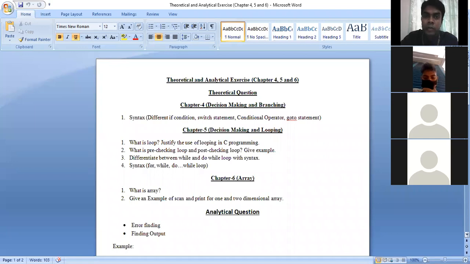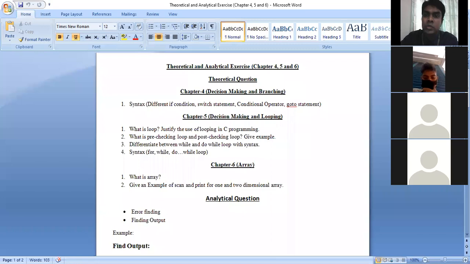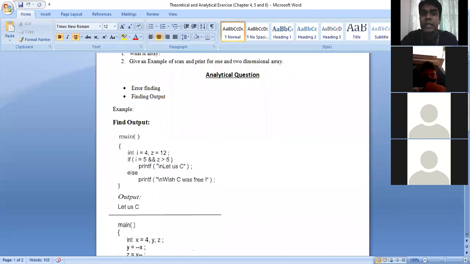From chapter number 4, you just need to learn about the syntax, all kinds of syntax. I mentioned some examples here, just try to understand.